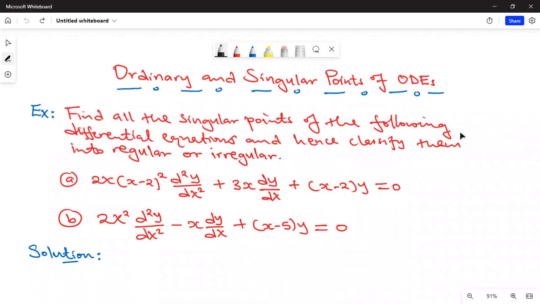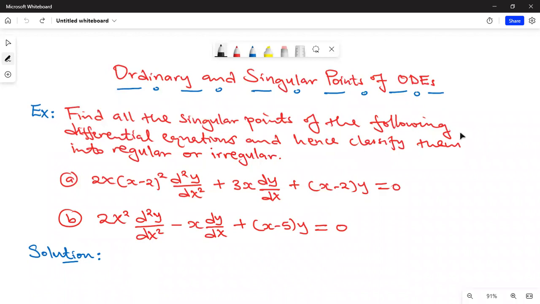Today we are going to look at how to find the ordinary and singular points of an ODE. We are given this question. We are asked to find all the singular points of the following differential equations and hence classify the points into